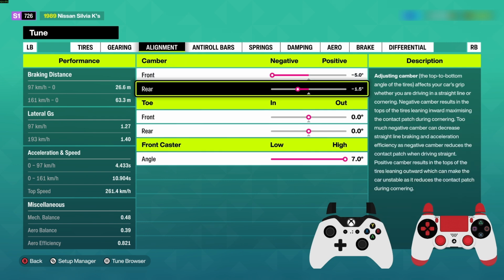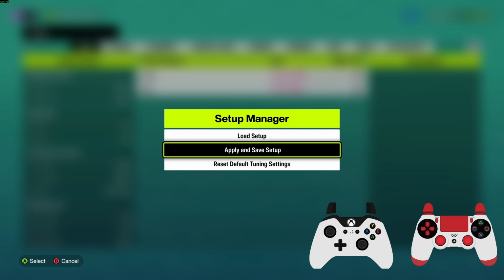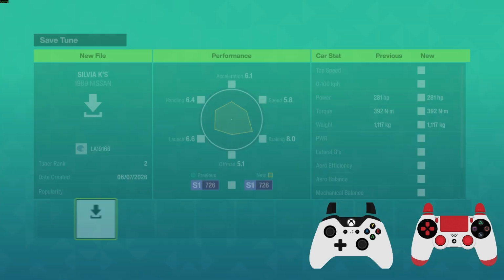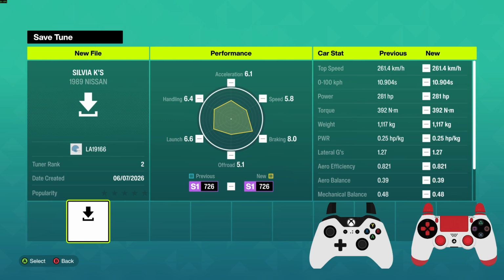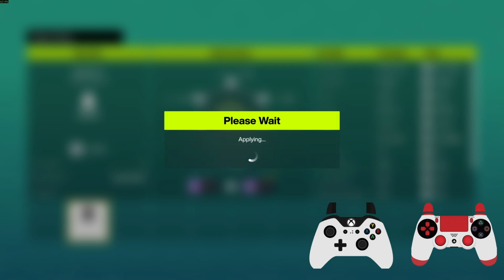Now, let's say I'm happy with this current tune, all I need to do is select the Setup Manager button, and now select Apply and Save Setup. Once I'm in this menu, this is the Save Tune menu. I'll just select it and I can just type in the new save file name. Once that's done,